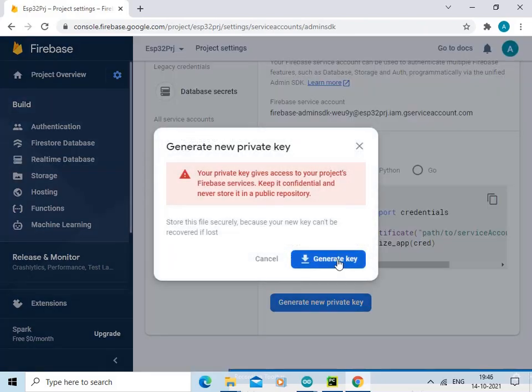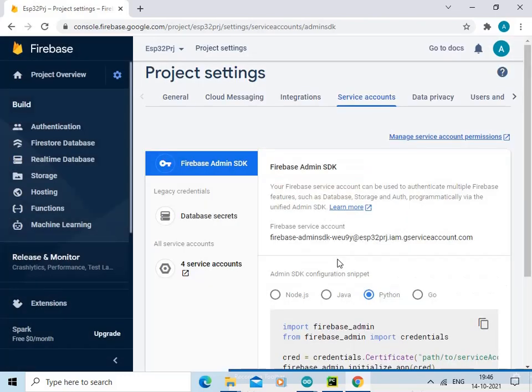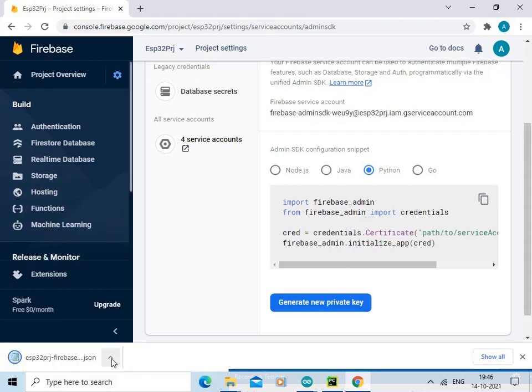Press over here and download that generated key. This is the JSON file.